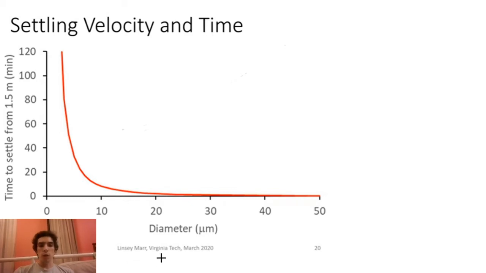First, identifying trends in data is something you have almost definitely done in your biology and chemistry classes, but it might have been a while, so you might be a little rusty. Basically, you want to say as the diameter increases, blank happens to our time to settle from 1.5 meters. Maybe that blank is increases, decreases, or stays the same, but you're filling that in with language from this specific